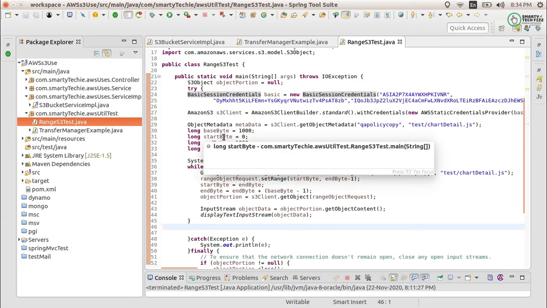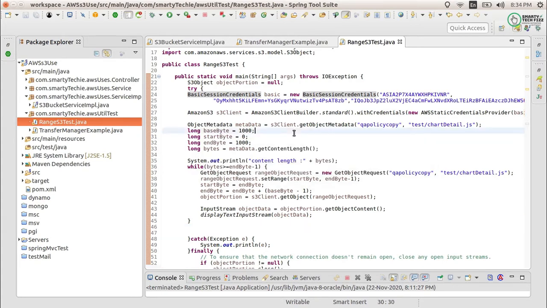For the low-level implementation, firstly we need the metadata. Why do I need the metadata? Because we are going to provide a range in it, and how will we know up to what range it has to run? So we have to know that complete range so that we can go through the whole file.